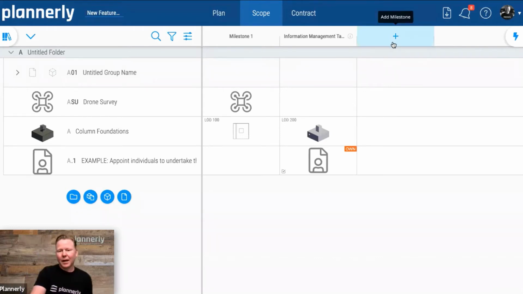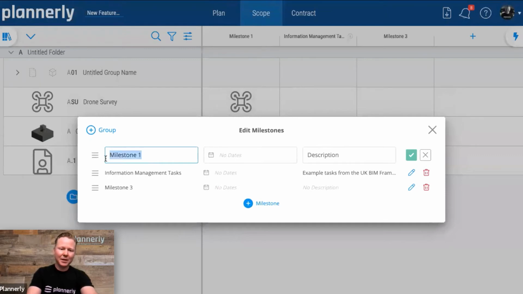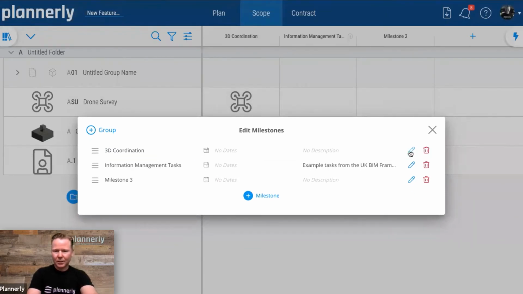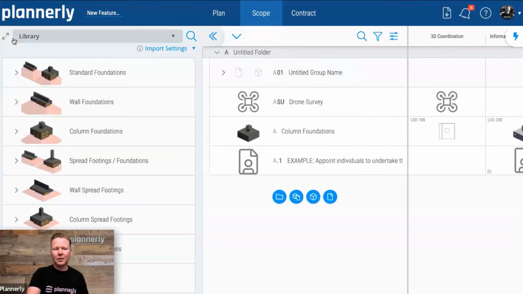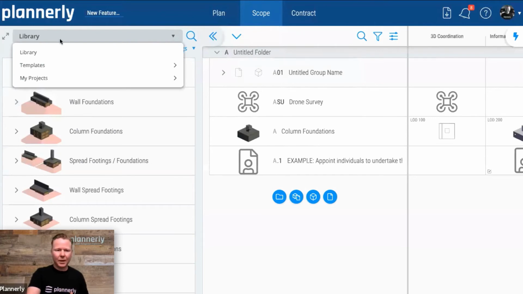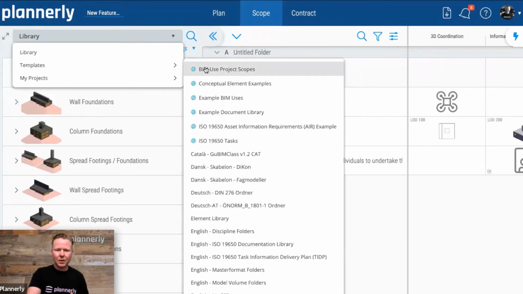Yep. Adding milestones, just a click, very, very simple to do that. And if I want to rename, let me rename this one to be our 3D coordination milestone. And knowing that we match the milestone to the library of content, if we go for a previous project, and if I import something, maybe from the templates, this is all available in the templates as an example.